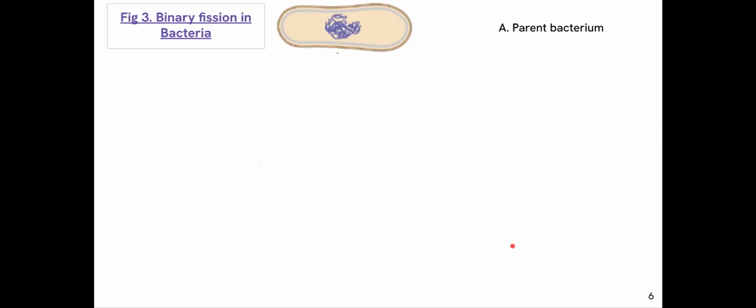Thirdly, we study binary fission in bacteria. Now, reproduction in bacteria is a topic of great detail, and we shall go ahead with this topic later in the upcoming chapters. For now, you can understand that the dark brown color shows the cell wall of the bacteria, which is made up of peptidoglycan. The plasma membrane is in gray.